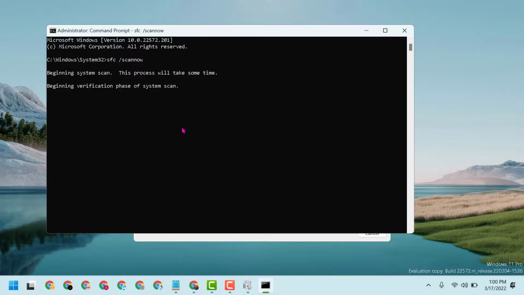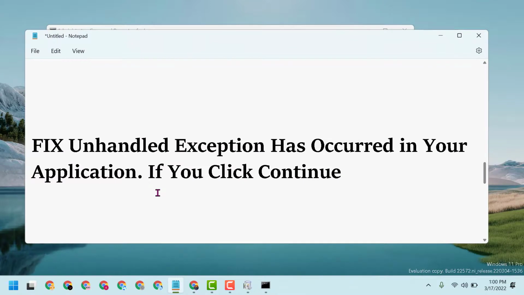restart. So this way guys, you can fix and resolve "unhandled exception has occurred in your application, if you click